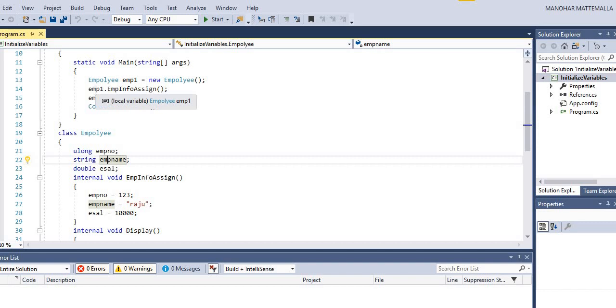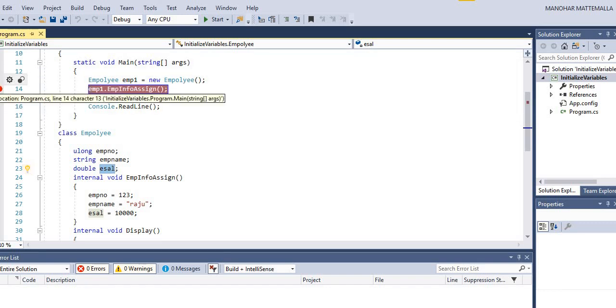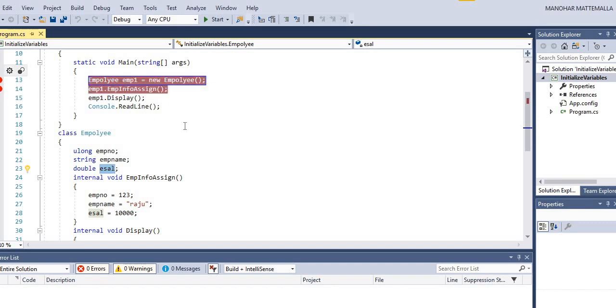After that, using this object we call this method, and again the display method. That is how the execution process goes. I am putting debug points here and one more here, and we will see slowly by pressing the F11 key.